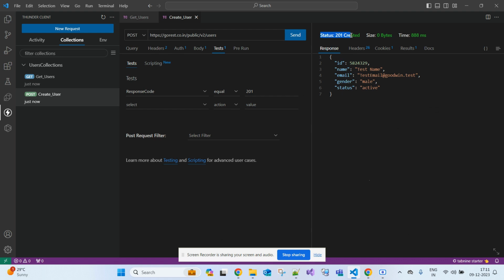The status is 201, and we'll check the result. Response code equal to 201, so the test case passed. Okay, got it. This is the basic simple test case. Now we will create one more request. Prior to that, let's move some of the parts to the parent level so that it is easier for us for verification. Here just select the user collection, whatever collection is there,